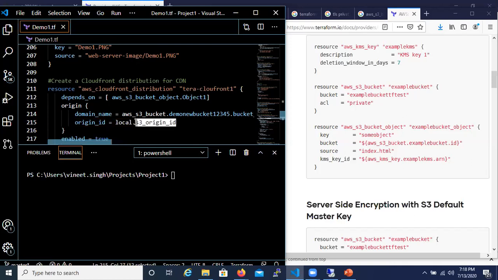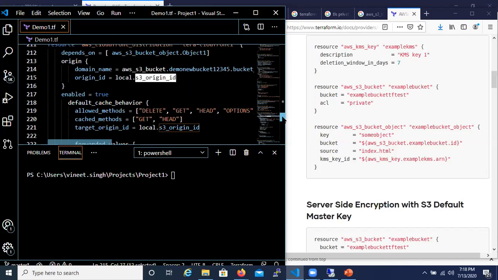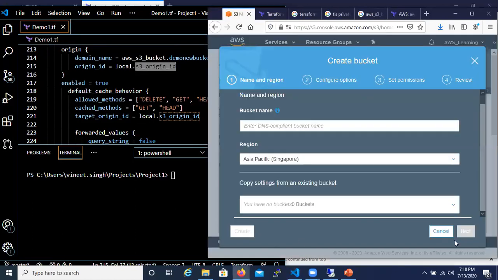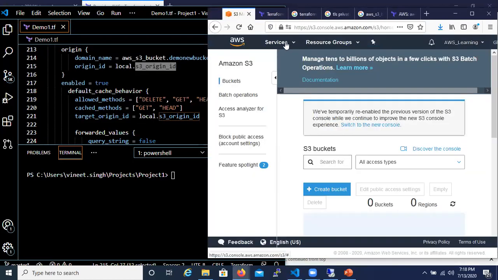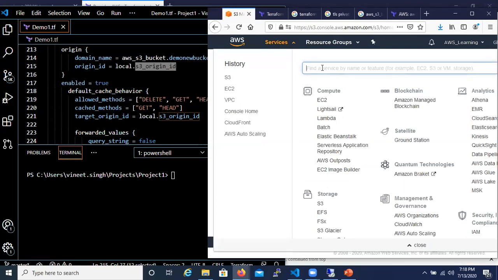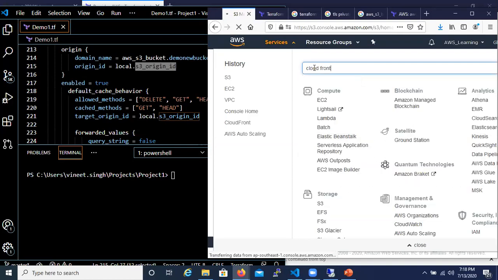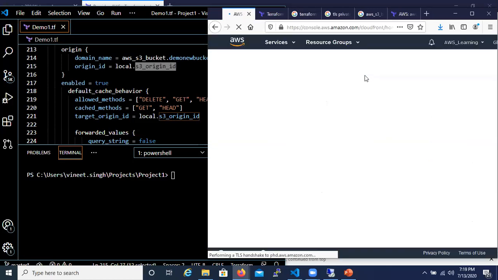This is the name which I have defined earlier. Now, let me just cancel this. In here, if you search for CloudFront, this is mainly for content delivery network.